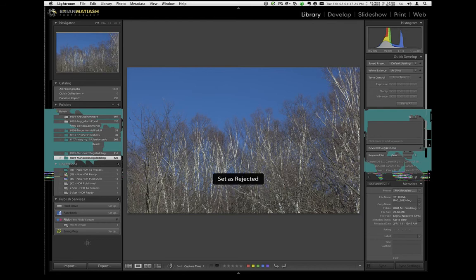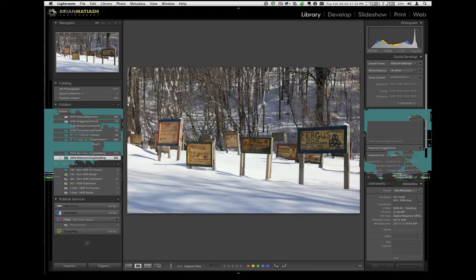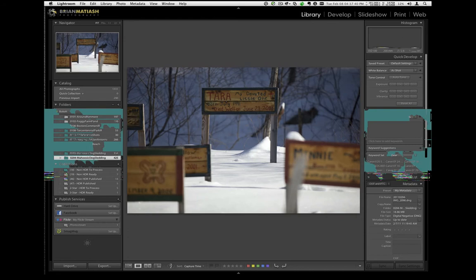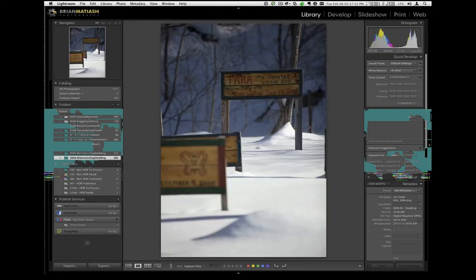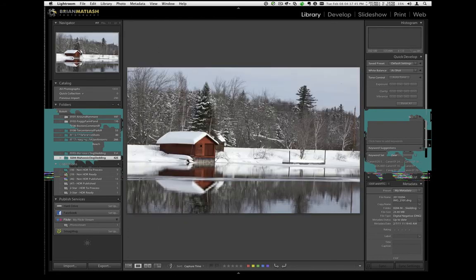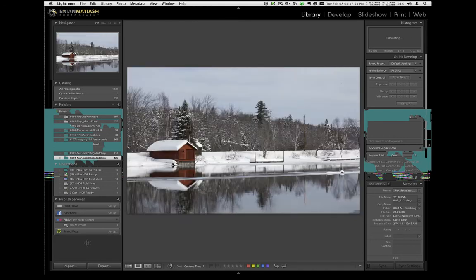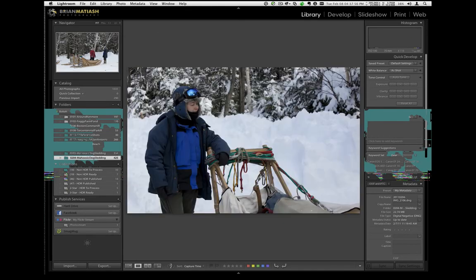I don't know why I shot this, but it gives you a window into, at least, how I shoot. If I see something that's interesting, I'm going to shoot it. I don't think about it too much in the field because I can come here and delete it after the fact. And I'd rather have more shots than less. So I just go through and see, all right, this is something I might want to look at. This is a non-HDR, so I'll give it a 1.8. And I know now that I'll look at that. And I have different options. So that's kind of